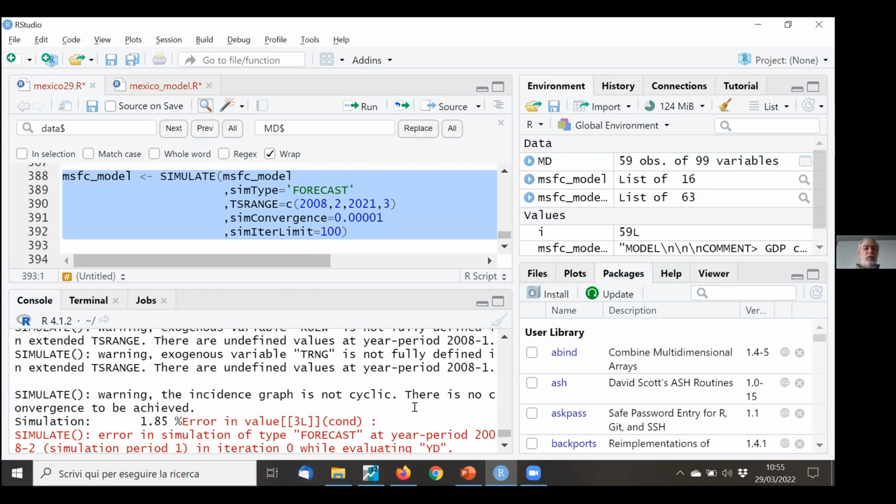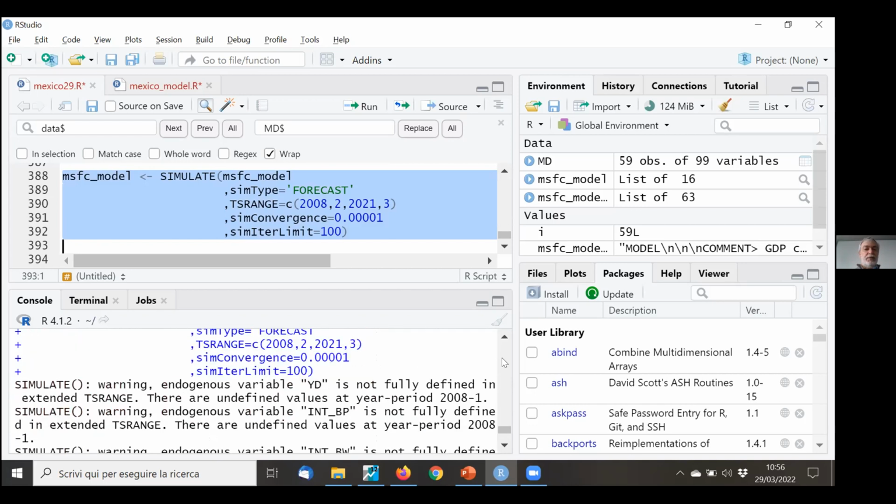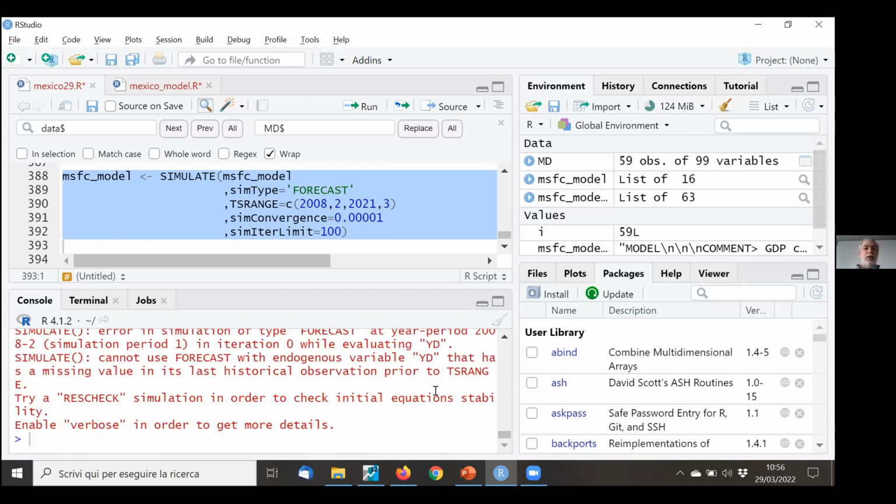So no convergence to be achieved is correct because we don't have any feedbacks. But I'm a little lost on why